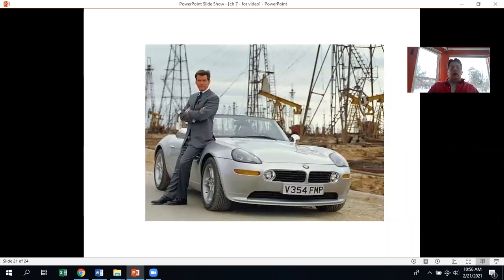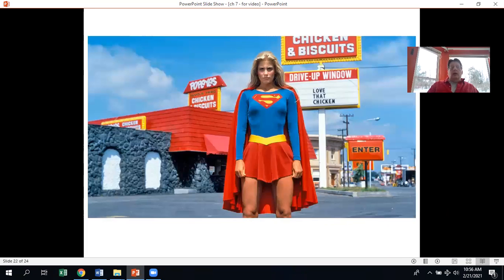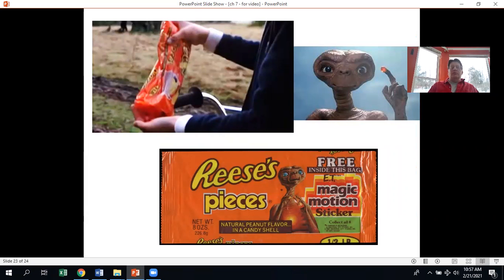This is a BMW driven here by James Bond. This is from Supergirl, and there was a fee paid by Popeye's Chicken to have their restaurant appear in the movie. And one of the most famous ones, because it was one of the first really big, well-known product placements, was from the movie E.T. back in the early 80s, which used Reese's Pieces, that Elliot put out to help track down E.T. And then there was cross promotion, as you see at the bottom of this slide, where Reese's featured pictures of E.T. on their product.